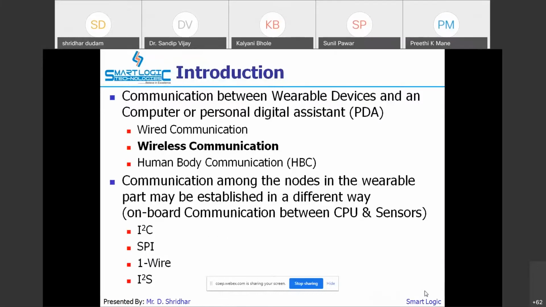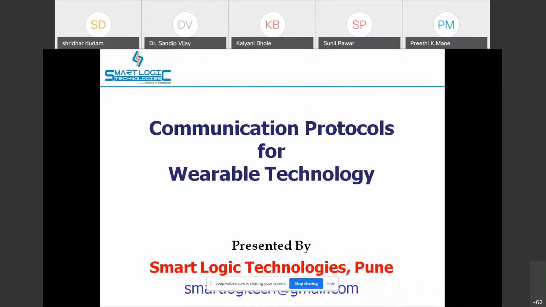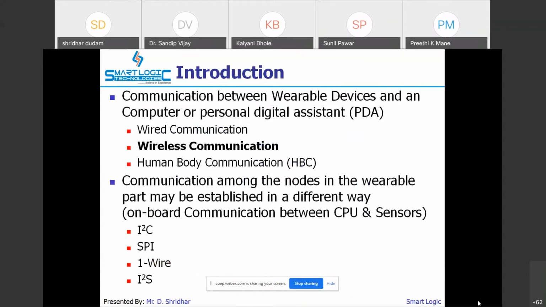With the communication protocols. So basically, if you talk about the communication protocols which are being used for wearable technology, they are needed for communication between your device and a computer, or maybe your PDA, or mobile, because there is limited memory in wearable devices, so we cannot store all the parameter readings in the wearable device. So whatever parameters you have noted down or stored should be transmitted to a computer, or the PDA device, or the mobile phone, so that the user can take a look at that, or analyze it later on.